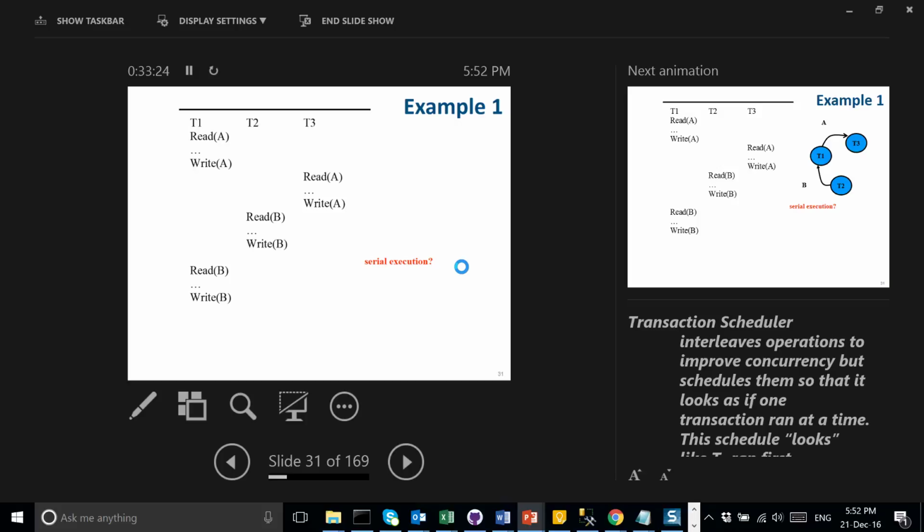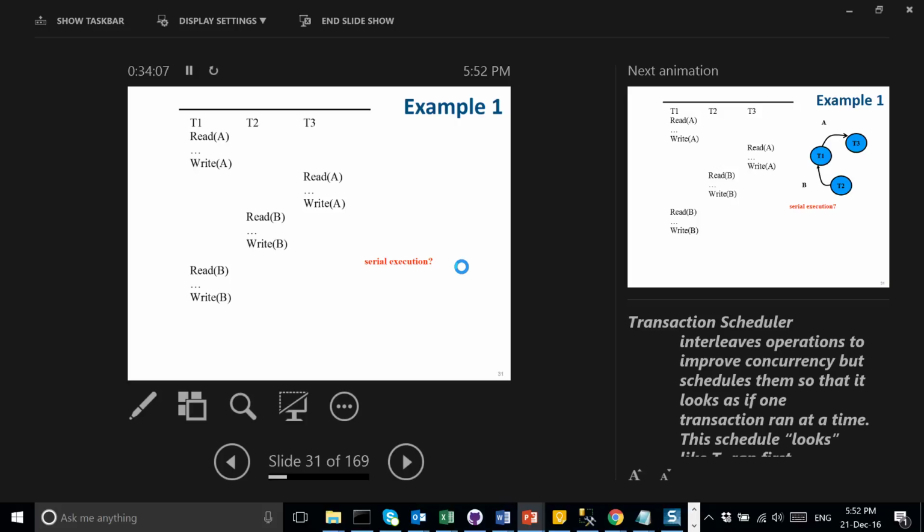Okay, so this is kind of the time of arrival of the operations. Now T3 is asking to read A. Remember, this transaction is still going. It did not commit yet. I did here, let's say, begin transaction. I have not committed yet, which means the transaction still holds onto the locks. Now, T3 came along, wants to read A.